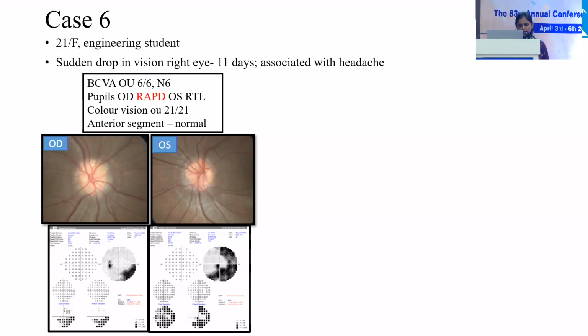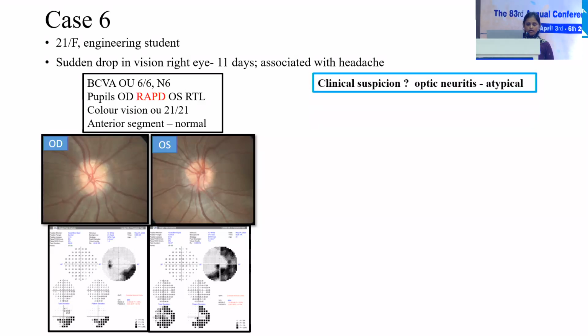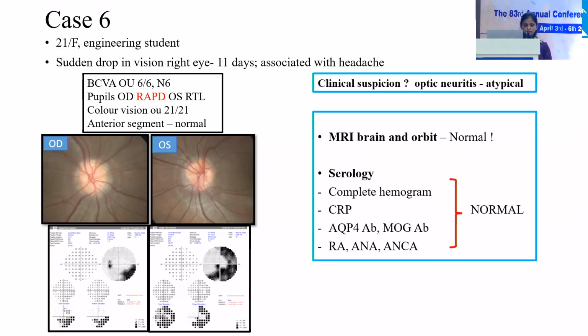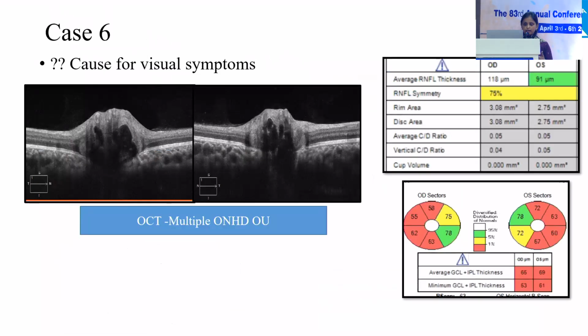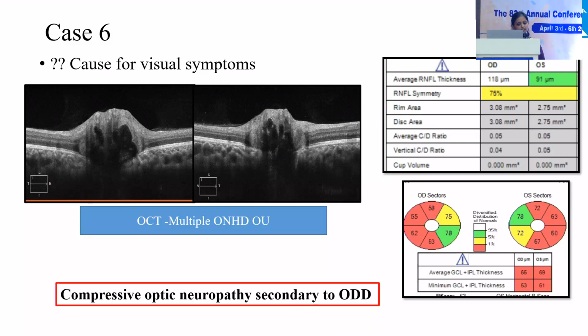Considering the patient's age and mode of presentation, I suspected her to have optic neuritis. But her neuroimaging and workup for atypical optic neuritis was negative. So in this setting, neuritis was unlikely. So what was the cause for defective vision in her? I went ahead and had a close look at her EDI OCT, which showed multiple optic nerve head drusen. There was a mild thickening of the RNFL in the right eye too. And look at her GCC. There is thinning in the temporal quadrants corresponding to the nasal visual defects bilaterally. So to end, this patient had compressive optic neuropathy secondary to optic nerve head drusen.